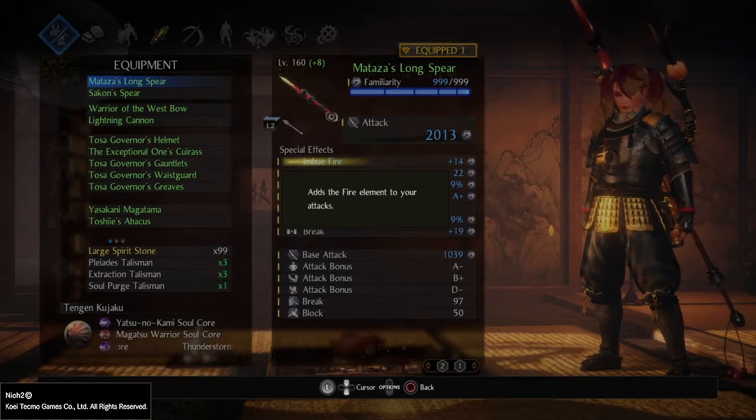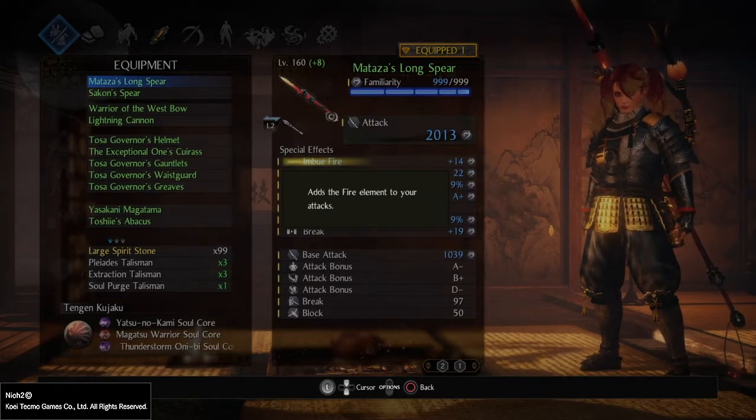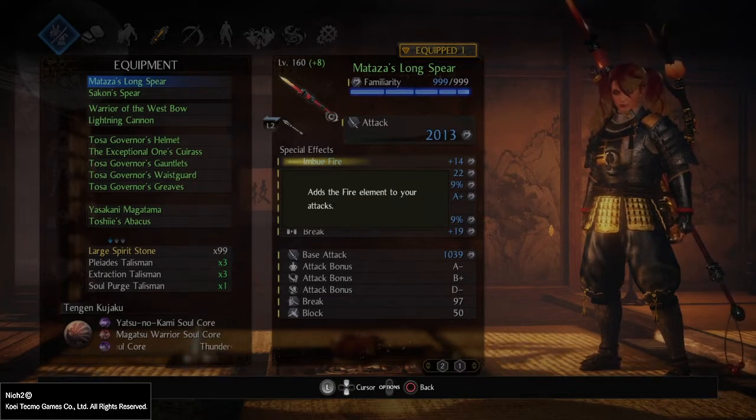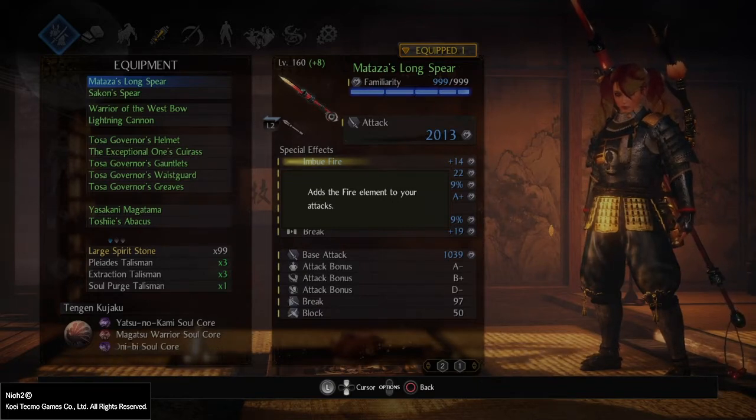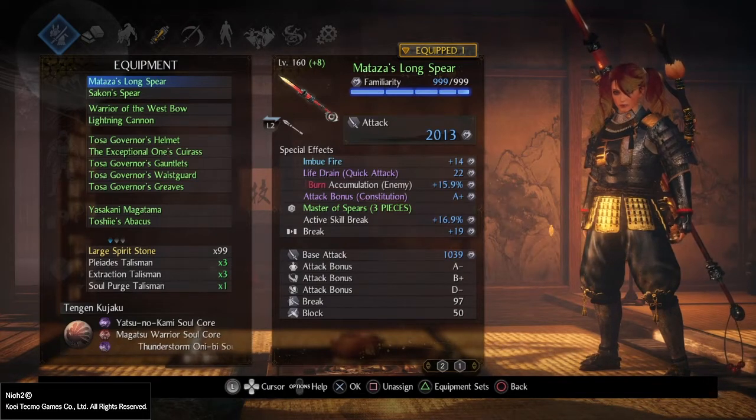This is very important because it's not just the damage you're dealing, it's also the accumulation to reach the threshold that activates said effect. Fire will burn over time, poison with damage over time, electricity will slow them down, water will reduce defenses, and so on and so forth. So we want a weapon to be elementally imbued with something,